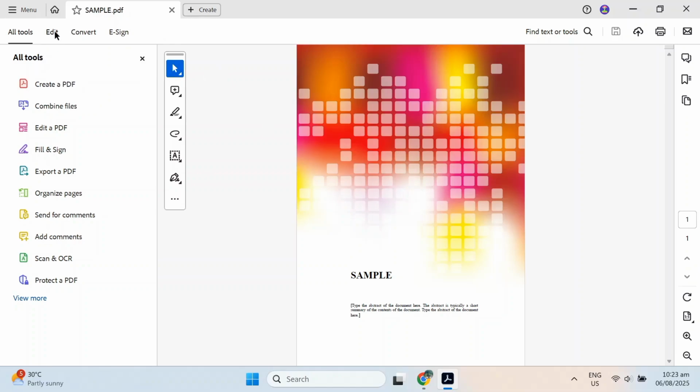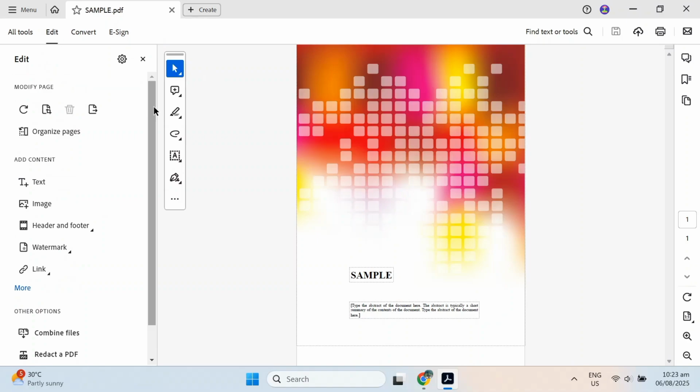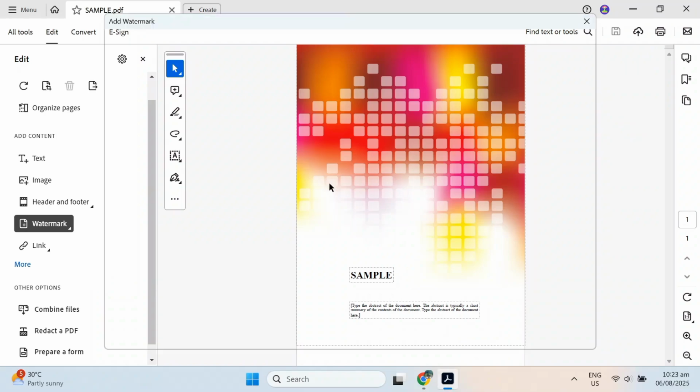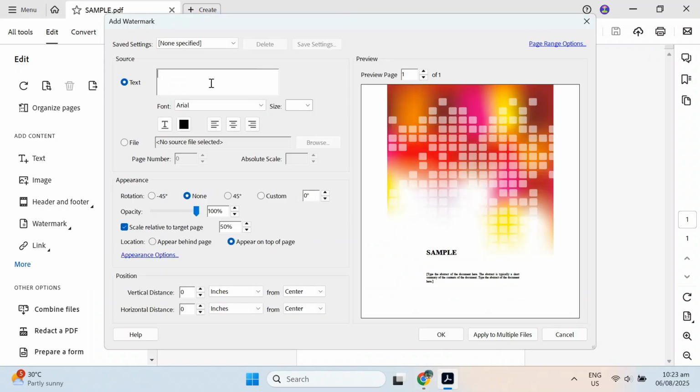So from here, all you have to do is go to Edit, and then from there scroll down and look for Watermark. Once you're there, you just have to click on Watermark, and then a pop-up will show up where you